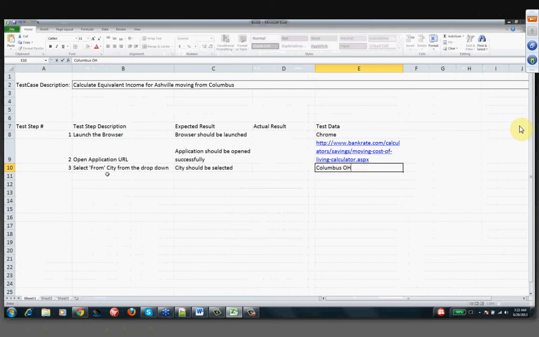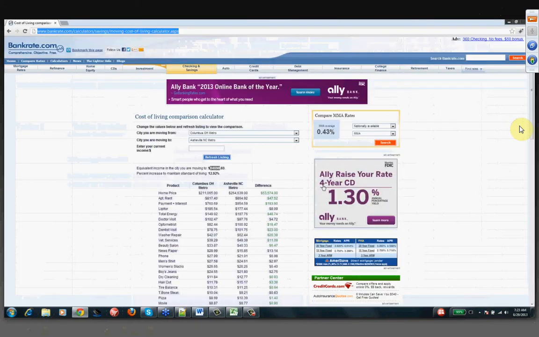Okay, so the fourth test step would be, I need to select here the to city, the city that I need to travel to. Whatever city that we select here should be selected. So the to city that I need to select over here is,